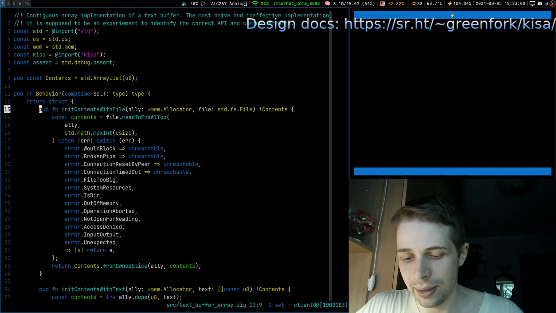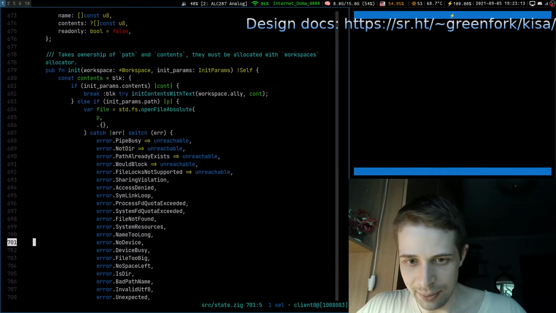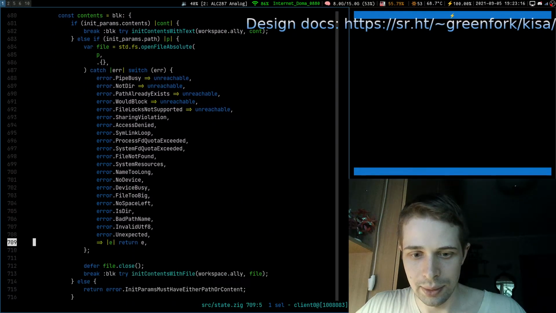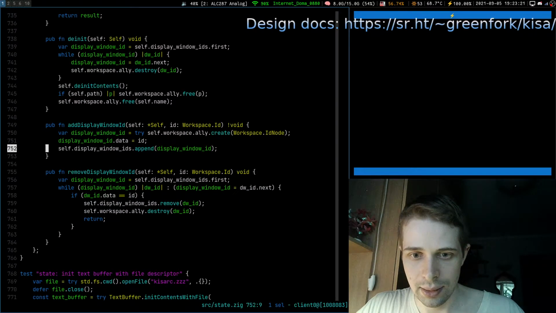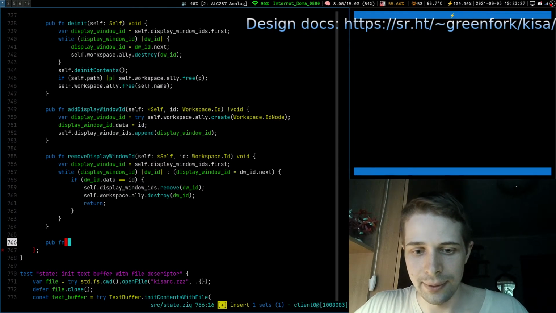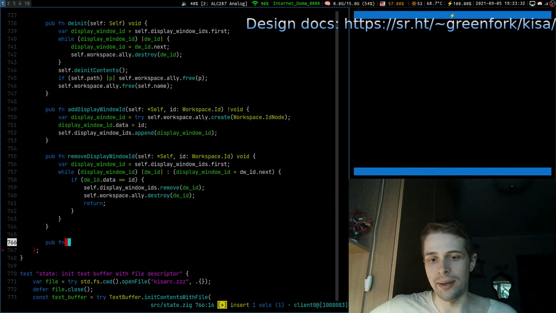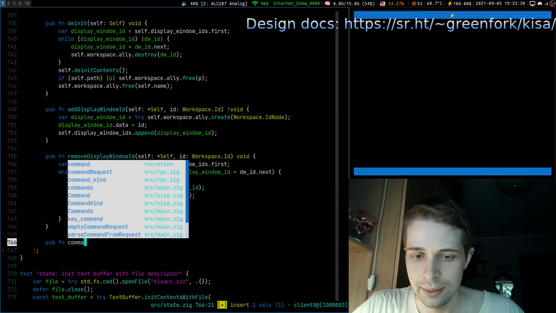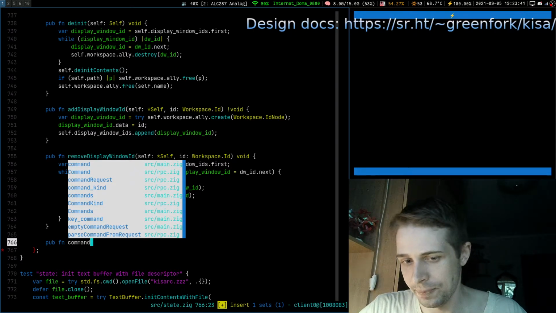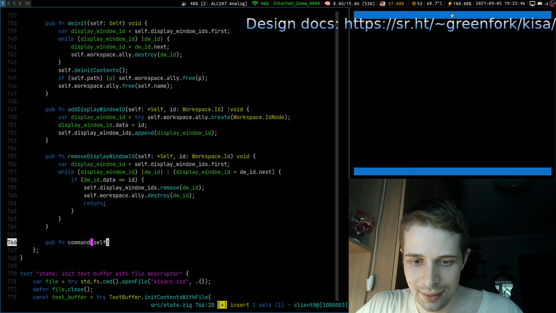So I think a better approach is a proxy method inside here. Maybe we will do it like so. Here it is, init, initialization, and display window. Probably go like so: pub fn, and we say that we would like to have a command. Like so, probably. Command. Is this right? Okay. Why not? Why not? Oops, self.